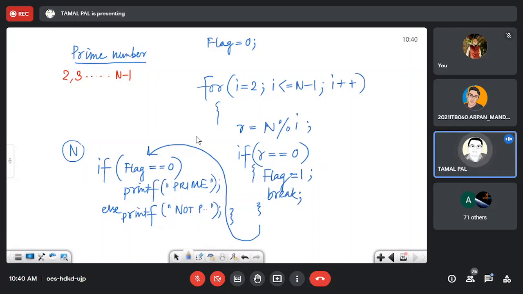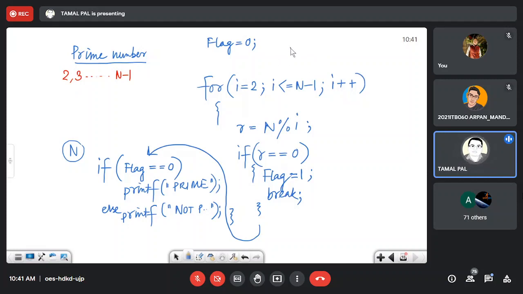So to stop printing this type of thing, the flag is like a Boolean operator. I have taken the status of it. Now I have to check if it is working for 1 or not. Do I have to write 1 specially or not?